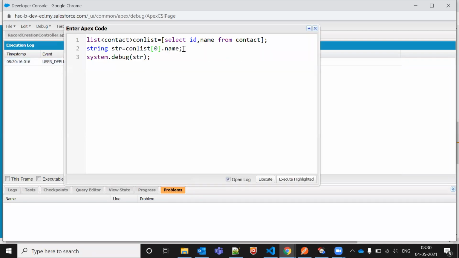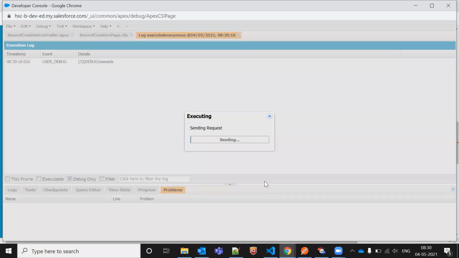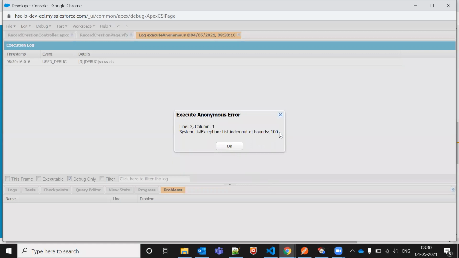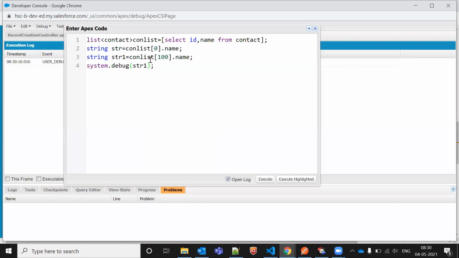If I write str1 and here I'm writing 10, or I'm writing 100, it is showing a list out of bound error message because we don't have any records.